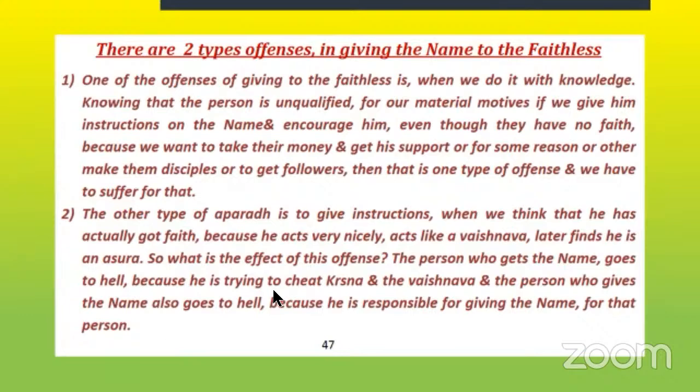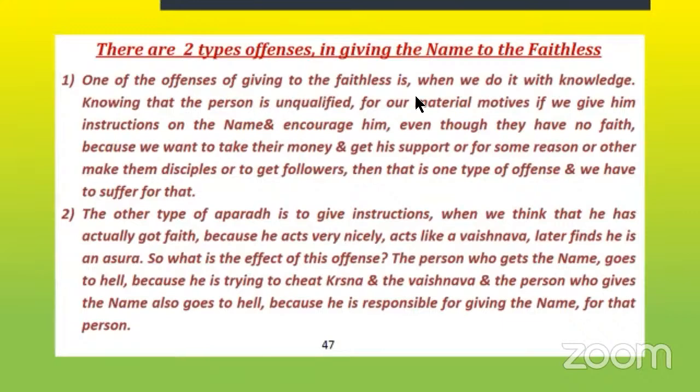So because of that, we are again and again trying to preach, and they go to hell and we also go to hell. Where is the question of bhakti in us? Whatever bhakti we have, that also will go away. Soon it will go away. One day we will not even know how we are outside ISKCON.